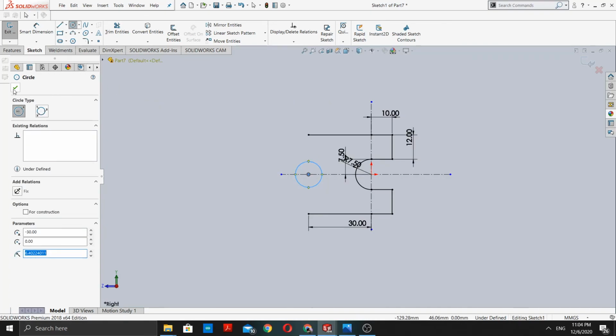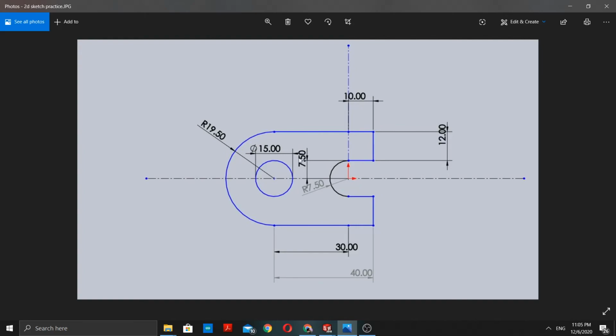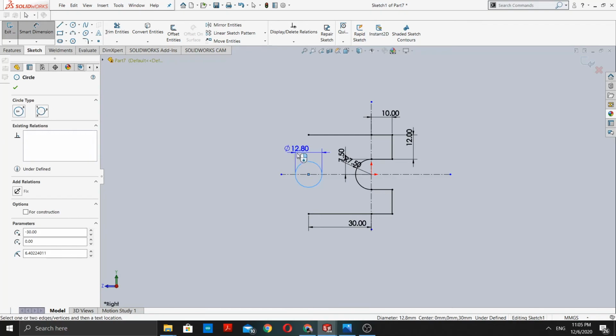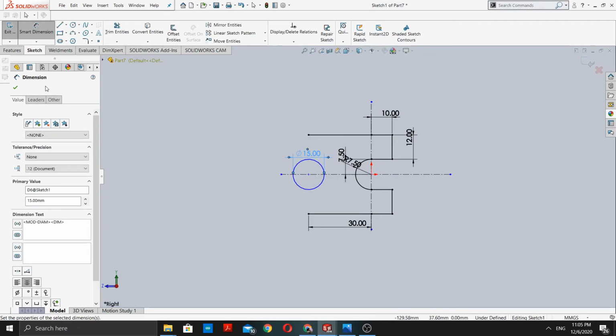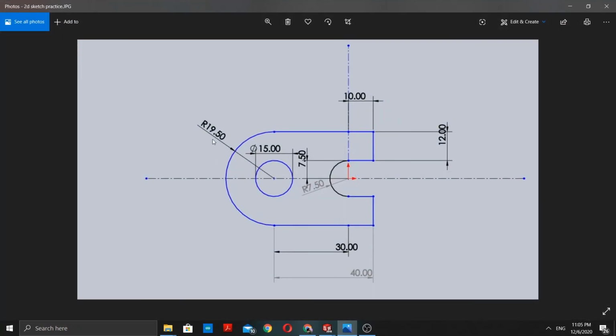The diameter of the circle was, let me check again, the diameter is 15 millimeter. So now select the diameter to 15 millimeter. 15. The only thing that is left in this sketch is one more half circle here,